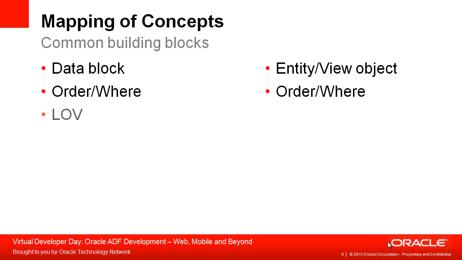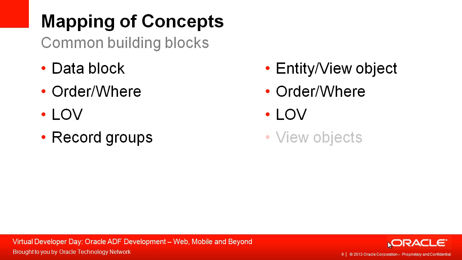We have lists of values in Oracle Forms that allow us to define a list and associate that with a field. For example, job ID can have a list showing the various job roles. We have that same function in ADF as well: the ability to define a list of data associated with a specific data field or attribute. And closely linked to LOVs is record groups. These provide the data for a list of values, and again we have the exact same concept in ADF. In this case we call it view objects.